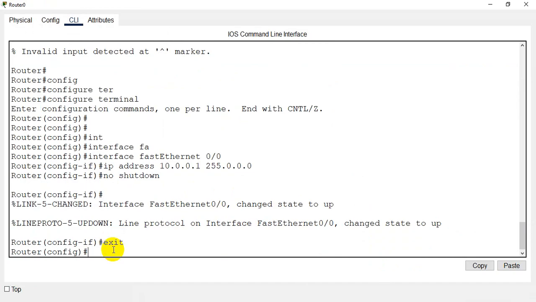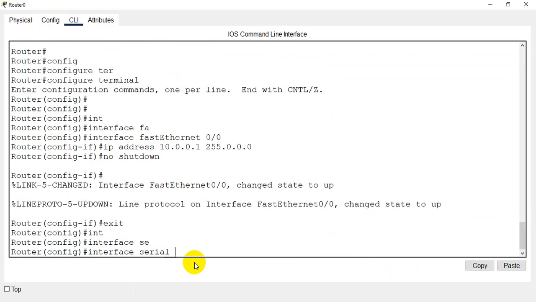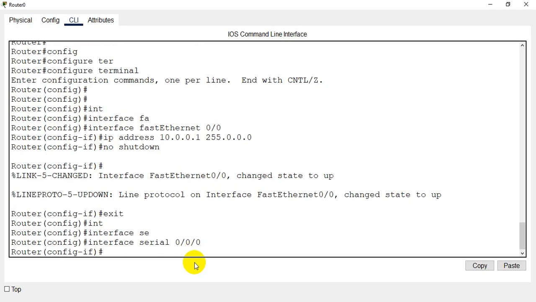For that we just type the command exit, and then we go to interface serial 0/0/0 as shown in our topology. So we are on serial 0/0/0. For serial 0/0/0, we assume an IP address 100.0.0.1 with /8. So we need to assign the IP address. For that we have the command ip address